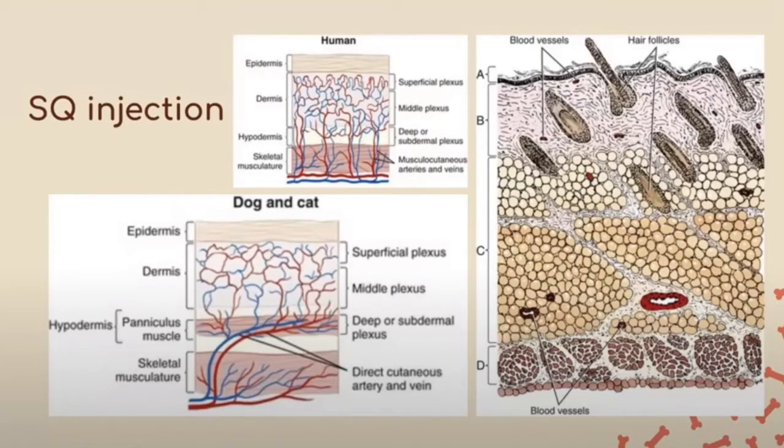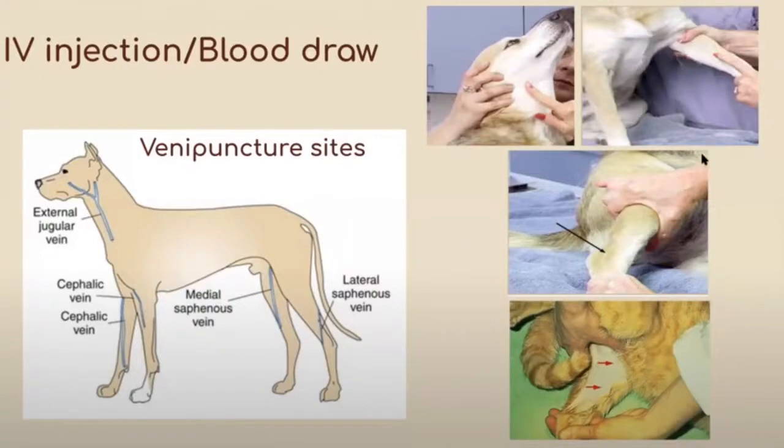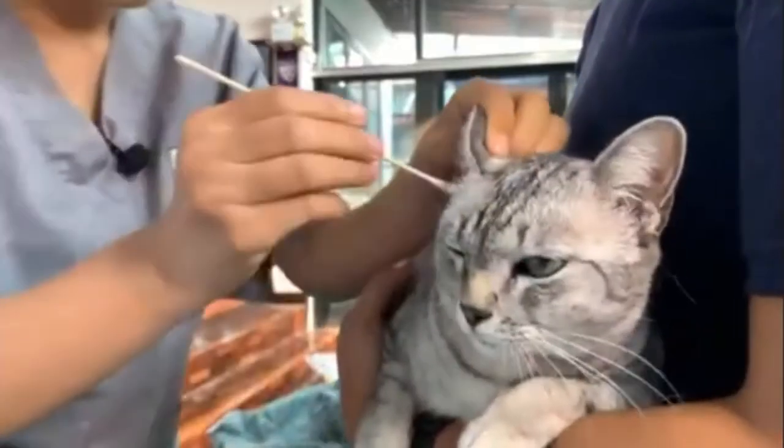During dog week, we also learned about the basic physical exam of a dog and what the pulse and respiratory rates should be. We also learned about the different routes of injections, how to administer them, and whether it be an intramuscular or intravenous injection, for example. Other things we learned later on in the program include how to take cat ear and